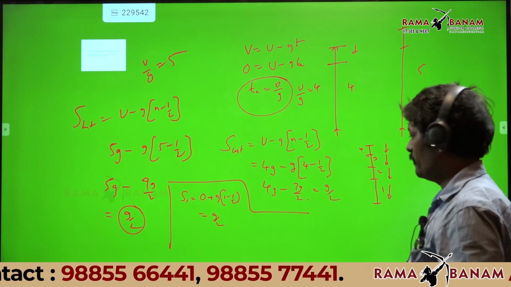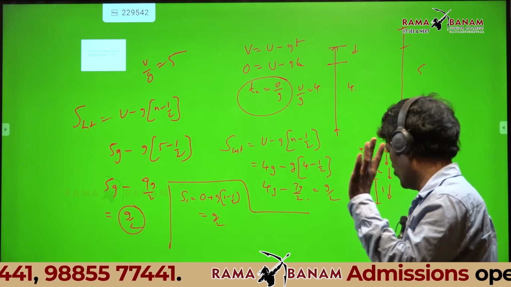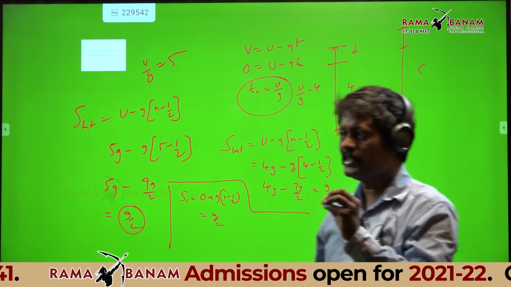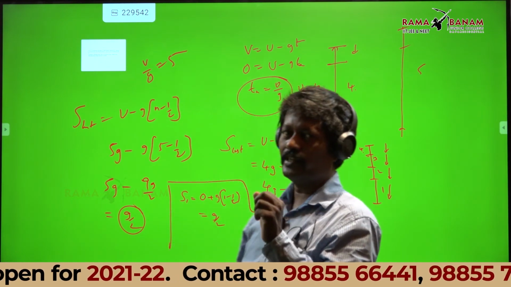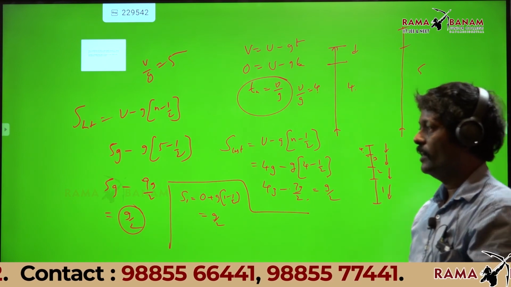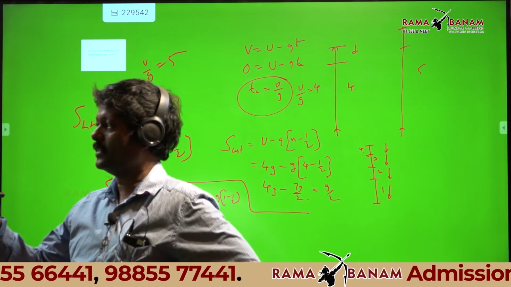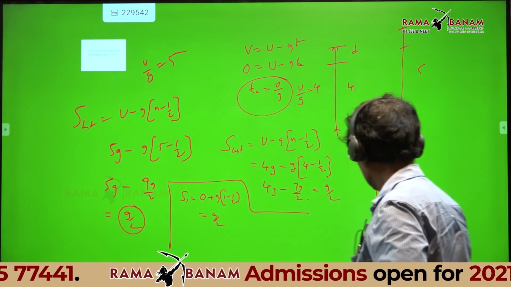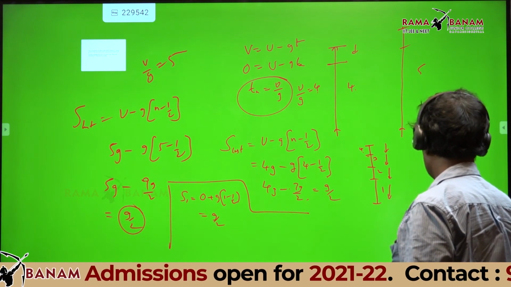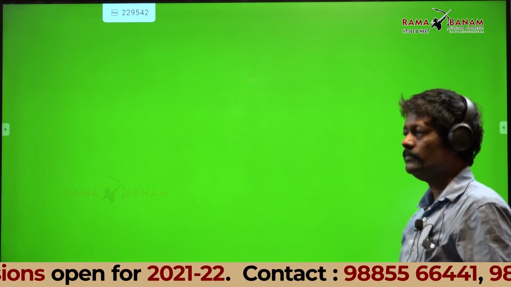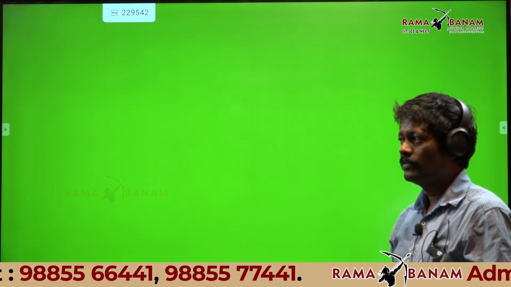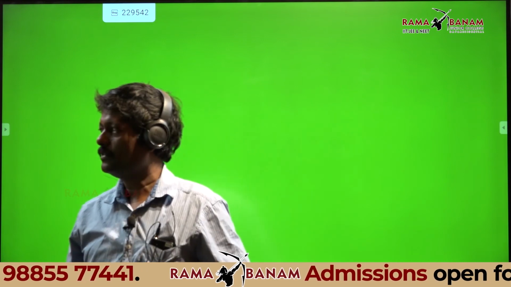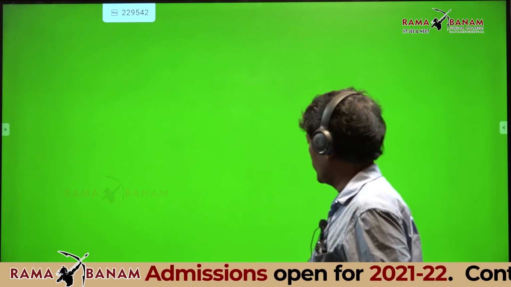Now listen, very interesting, I will tell you one point. You heard about impulse? Did you hear about impulse? Yes, sir. Somasaket, you tell me, what is impulse? Sir, it is the product of force and time that produces a finite change in momentum of the body, called impulse. Very good. It's a product of force and time which gives you the change in momentum.